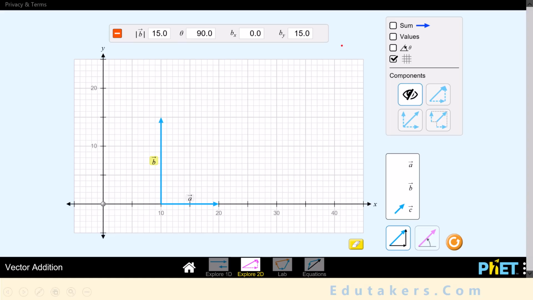The resultant vector you can find by this sum. This vector is showing the resultant of both of these. Like this, this vector is a resultant. Just drag it here. The sum of vectors A and B is represented by S. You can also check the values from here. The value of vector A is 10 and B is 15. The sum of the vectors comes to be 18.0. And there is angle theta. You can also check it makes an angle theta of 56.3 degrees with the positive x-axis. In this way you can simply add the vectors.